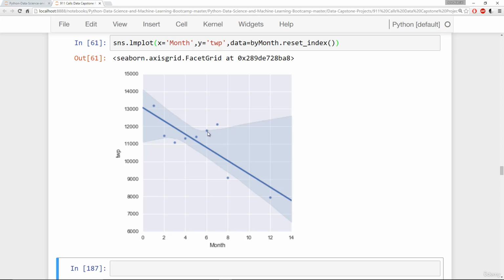and you can see that Seaborn tries to show this with this shaded area indicating error, and the error basically grows as you go into these months where there's less information known, which actually makes a lot of sense since you didn't have information about 9, 10, or 11 months. And you see this weird trend where it goes down, starts to come up, and then crashes at month 8. And that's something you may want to explore later on in the data. But let's go ahead and just leave it at that for now